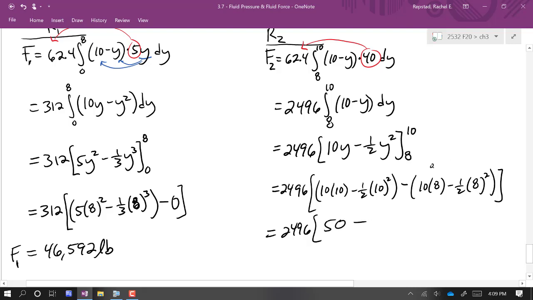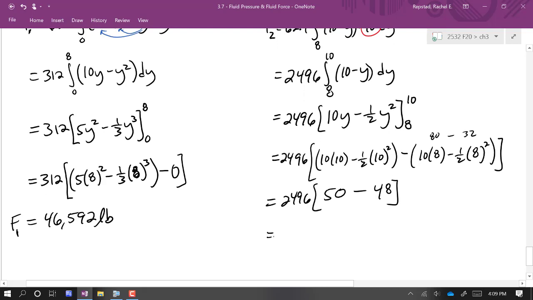And then this is 80 minus half of 64, which is 32, so that'll be 48. Alright, so 2,496 times 2 is 4,992